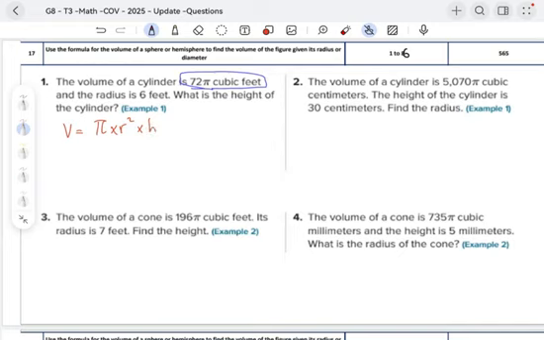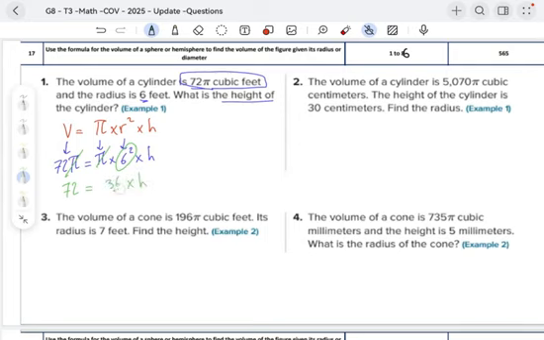Now we're gonna substitute. The volume is given, which is 72 pi, and bring pi down. The radius is given, which is 6, so it will be 6 squared times the height. The height is unknown, it's missing. We have to find this missing dimension. Now we're gonna simplify by dividing by pi both sides, so we're gonna cancel them out, and we're gonna evaluate 6 to the power 2,